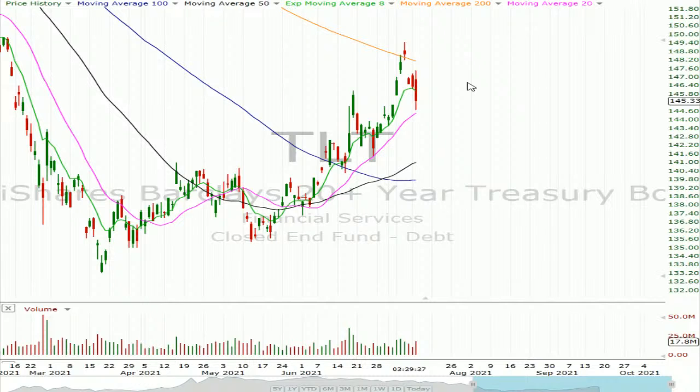All right, so this is the chart of TLT. Over the last few months, you had a big dip, then a really substantial V reversal, and then it kept rallying and rallying. Then it hit the 200-day last week, and now you're starting to get a pullback. You're like, all right, who cares, right? Well,